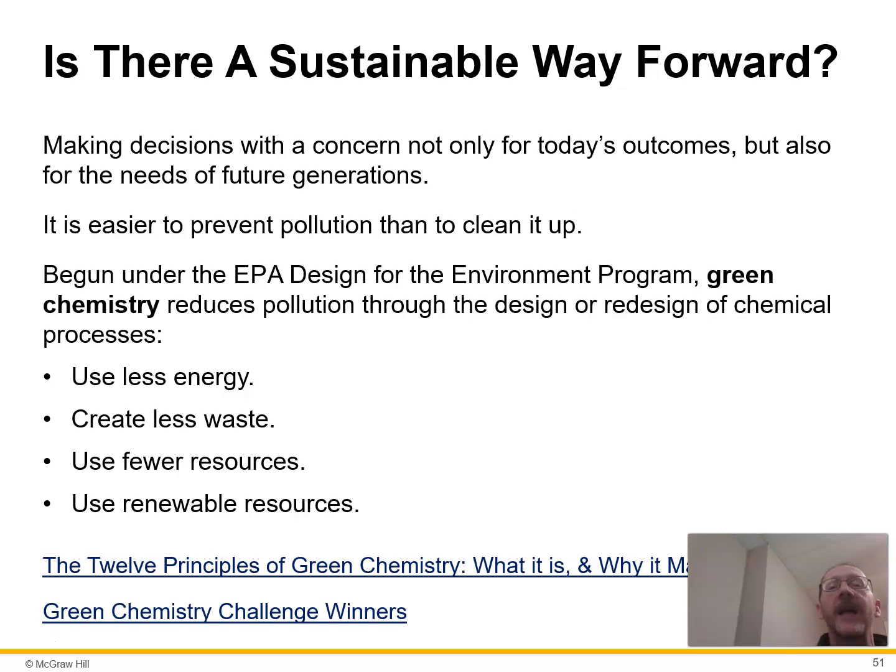The very last part of this chapter is about green chemistry. So how can we do chemistry but be more sustainable? That means a way that we don't just use up our natural resources and produce less waste. So we can just use less, that's one way. But if we could use renewable resources and actually renew them, that's another way. We'll talk some more about that kind of thing later on in the class.